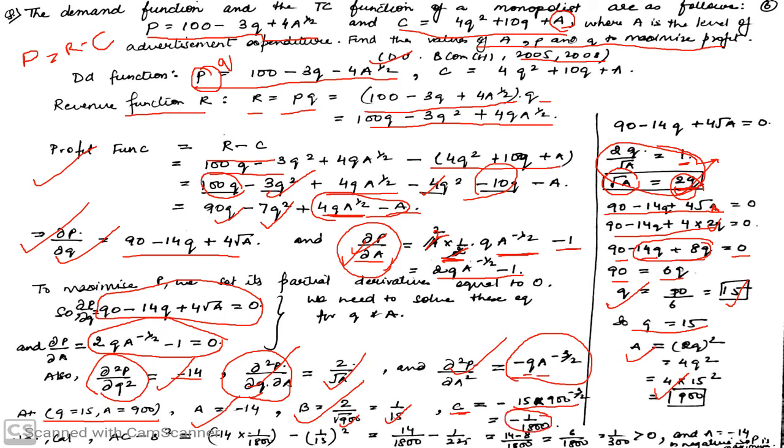Now you calculate AC minus B square. Now if you put the values, the value of A is -14, and the value of C we have is -1/1800. B square will be 1/15 square. If you simplify this, you will get the value as 1/300, that is